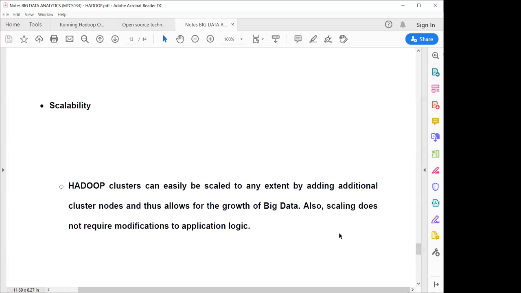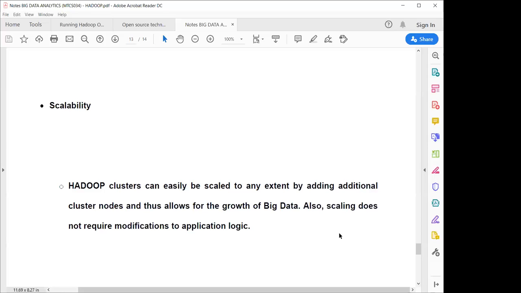So Hadoop provides scalability. A Hadoop cluster can easily be scaled to any extent by adding additional cluster nodes. A Hadoop cluster is basically a collection of data nodes, or slave nodes, which are computing devices processing the information. Hadoop allows you to add additional nodes. Suppose for 10 users you require only two systems.